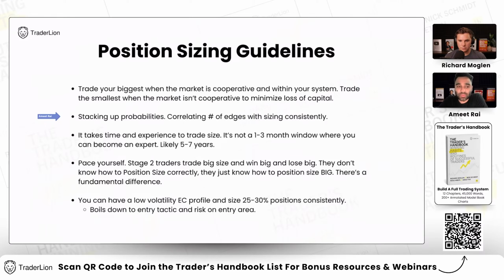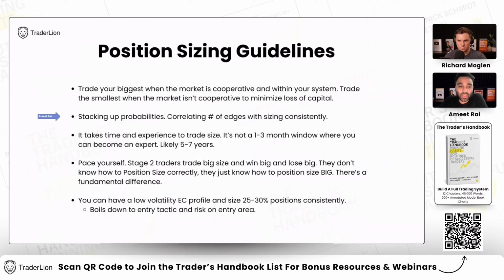If I place a 25% position and someone else that started a month ago places that, we'll have two different results based on the volatility that name is seeing, and there will be two different outcomes purely based on experience and nothing else. So that's a fact. You have to deal with it. Don't try to replicate position size. It's a huge mistake that, in recent years, has been promoted, that you have to start at 30%. You have to have huge skin in the game. That's one way of going about it, but it's a surefire way of reducing your success of getting to stage 3 and stage 4 as well.